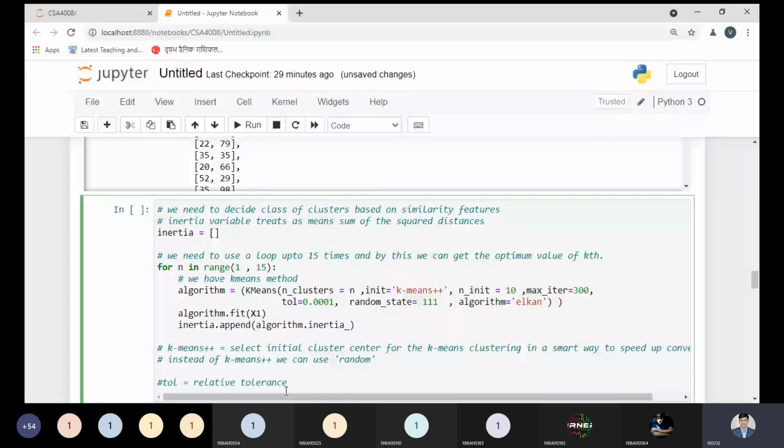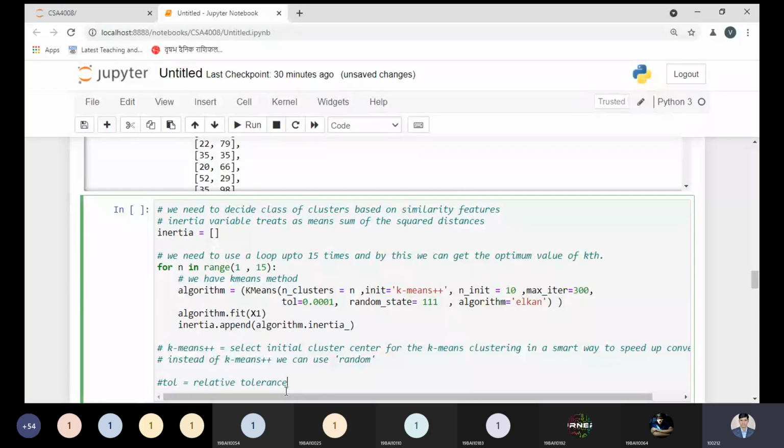A random state is basically something where we can pass any random value. It's saying random number generation for the centroid initialization. So we need control over the initialization randomness, or choosing the data points from our actual data set. So we will see each and everything properly by the randomness. We can choose this parameter. Again, it's optional, but if you are not choosing it, it's no problem. You can leave this parameter.